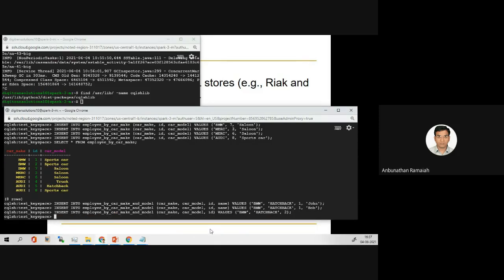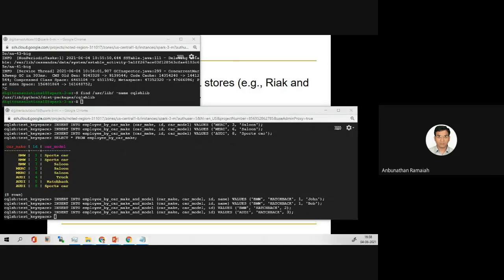In this case, you see, what is the difference here? Name is missing. Still it is accepting. So even if one column is missing, it is accepting.